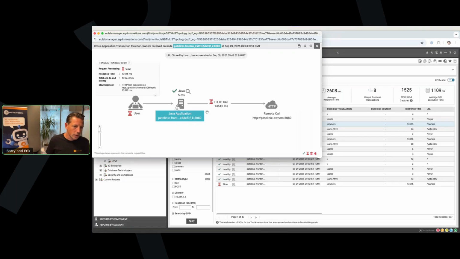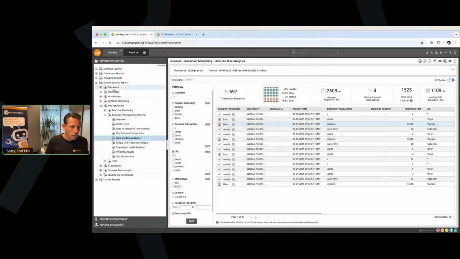So in this regard, we can see that the web server calls over HTTP from some external REST API or HTTP call, and that's taking 13 seconds. So that's delaying the application. And what's really powerful in EG is when we combine it, we can actually see it end to end. So we can see the same transaction from the browser perspective as well as from the web server perspective. So you really get that end-to-end view of why that application is slow.